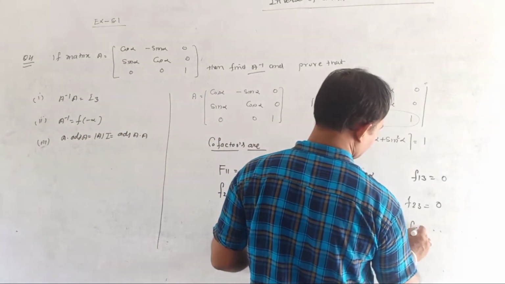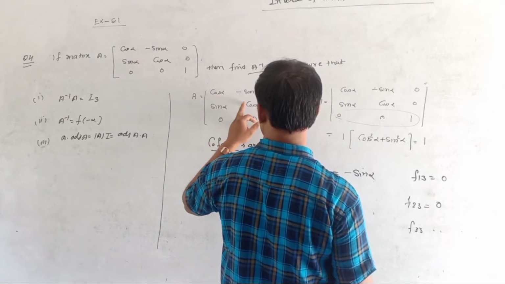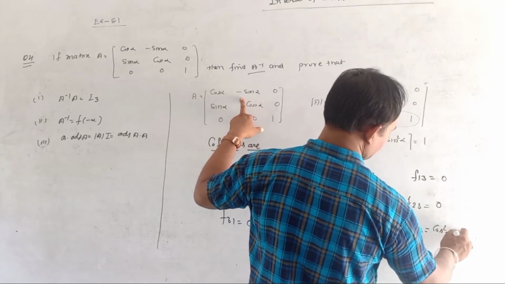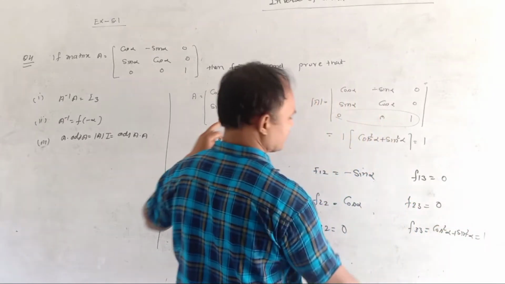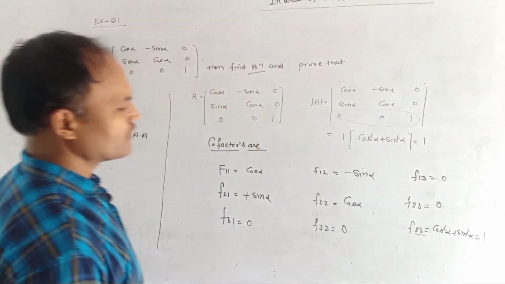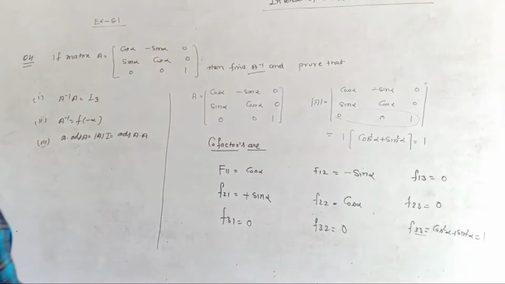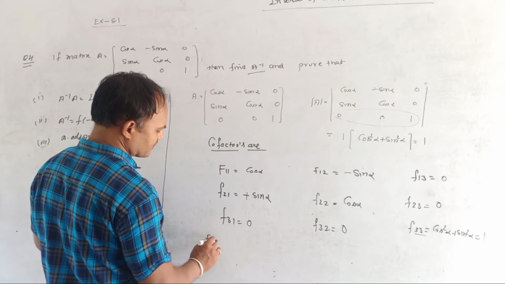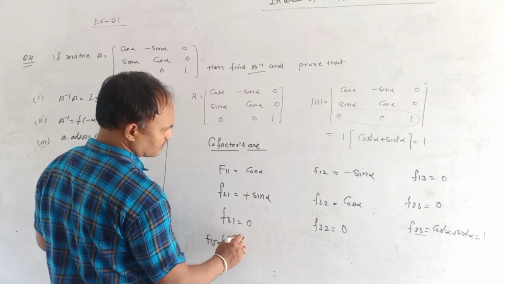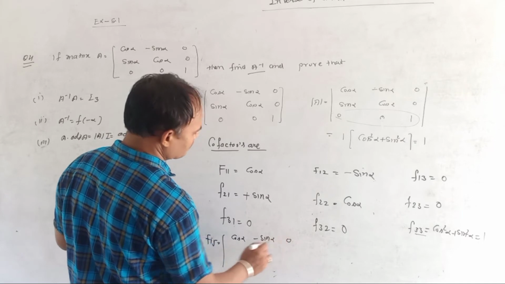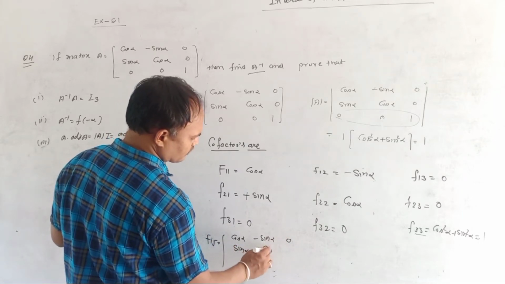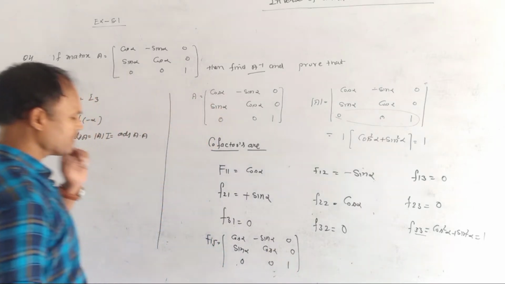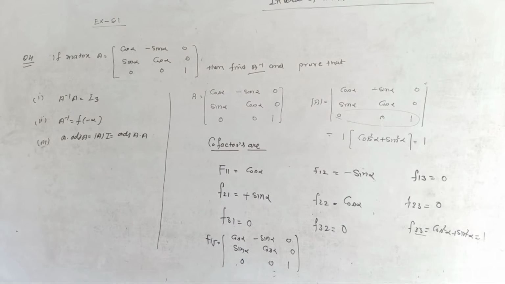Okay, f33, what is f33? f33 means it is cos square alpha minus sin square alpha, so it is cos square alpha plus sin square alpha, so students it is 1, and it is 3 plus 3, so there is no problem about the sign, so it is the same. So what are the cofactors? The matrix with cofactors, Fij, equals cos alpha, minus sin alpha, 0; sin alpha, cos alpha, 0; 0, 0, 1. Look at here, it is Fij. Fij is the matrix with cofactors.